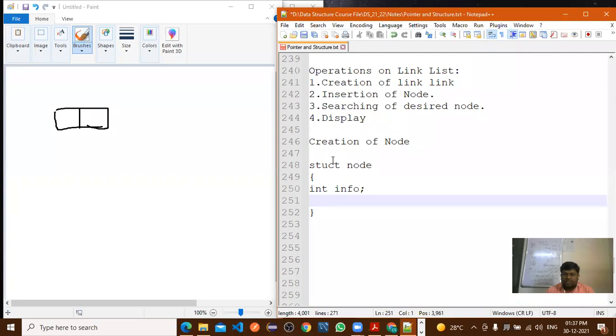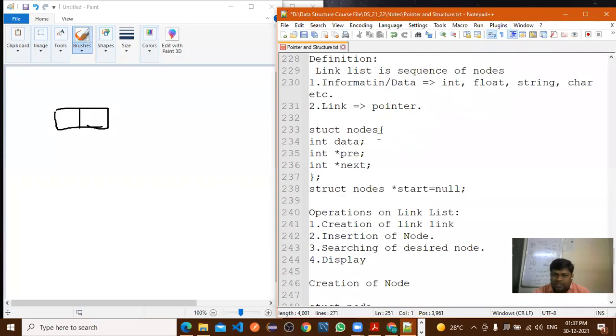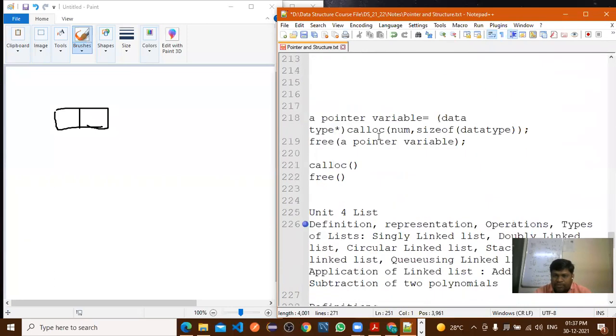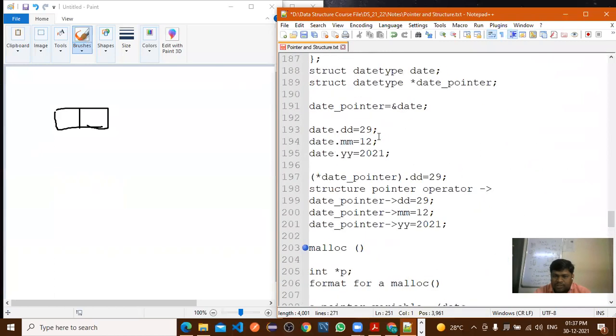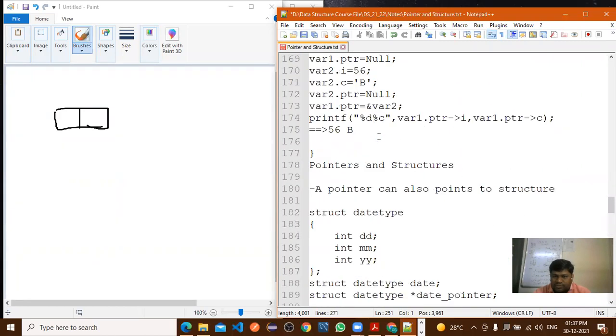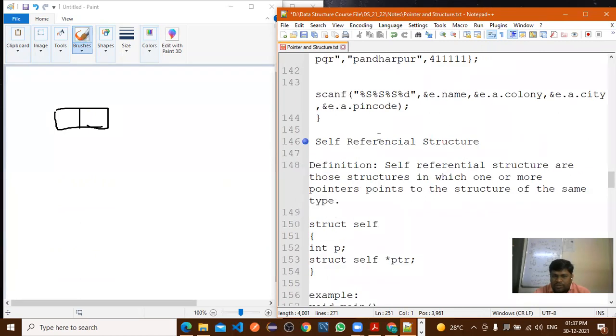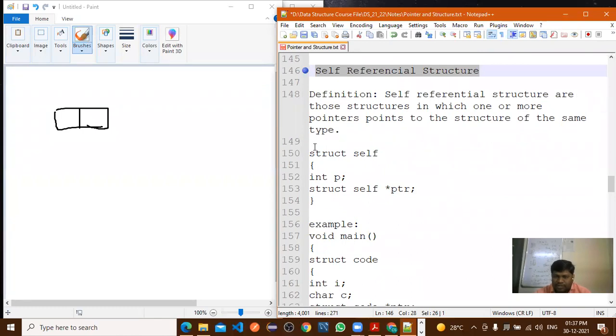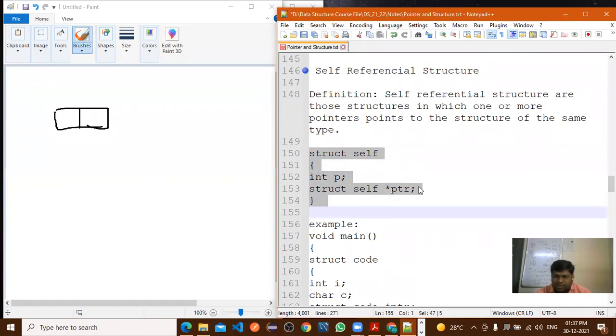Yesterday, in the previous session, we discussed the self-referential structure concept and completed it. Now, what is the syntax of the self-referential structure? What do you mean by self-referential structure?